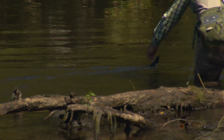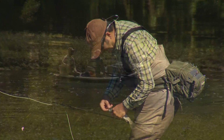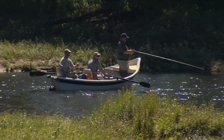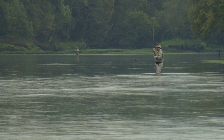The Caney drives a tremendous amount of license sales, you know, as does the Watauga and the South Holston and the Hiwassee. And if you brought the quality down because of lack of funding for the hatcheries and the number of fish that go in every year gets cut down, then you're really going to impact, I think, license sales, you're going to impact revenue,